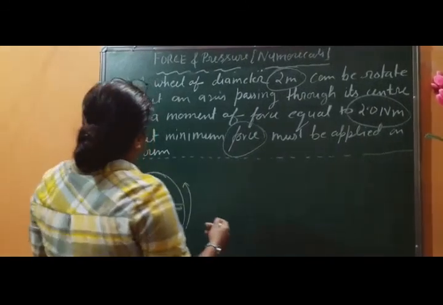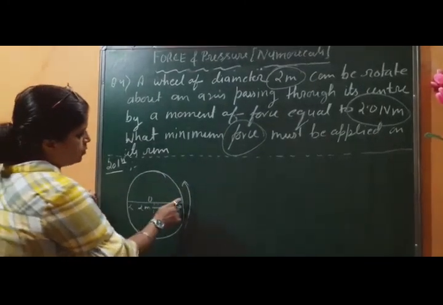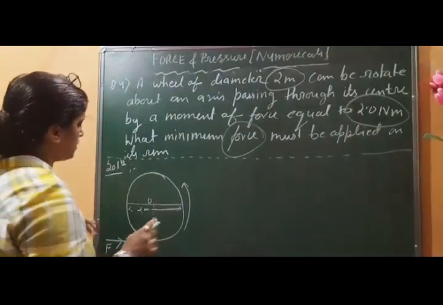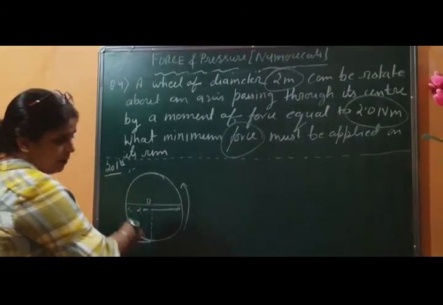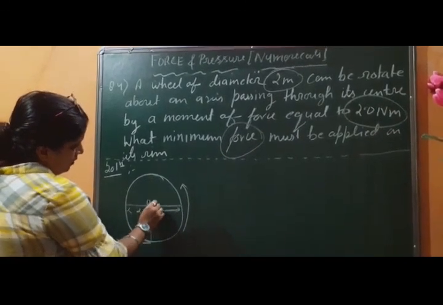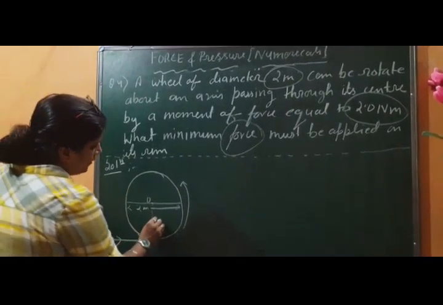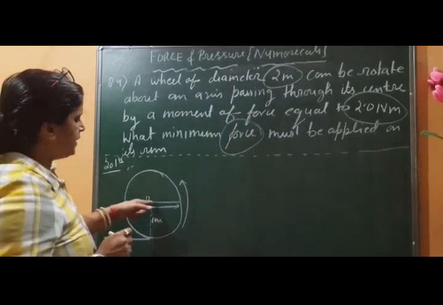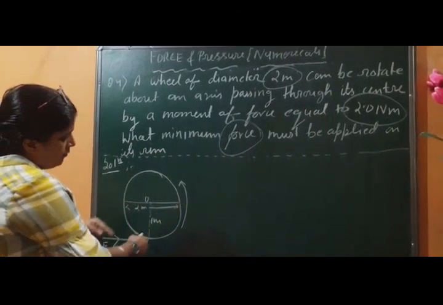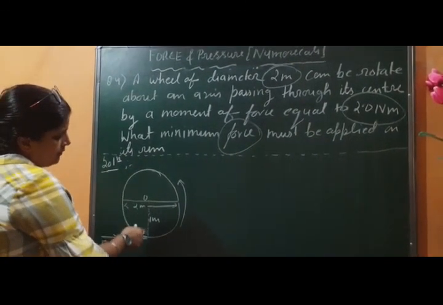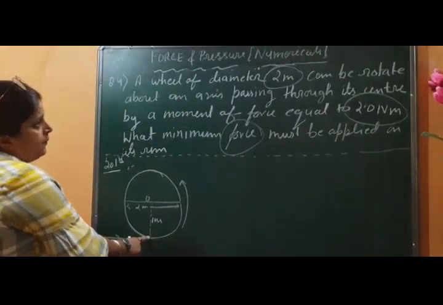Okay, so first of all, what I have done here, I have drawn a diagram of a wheel whose diameter is 2 meter. If diameter is 2 meter means what? Since it is a wheel, this is its pivoted point, that is the center of this wheel. Diameter of the wheel is 2 meter, but the perpendicular distance from where the force is applied will be the radius of the wheel, because this point is pivoted, that is the center. The distance between the pivoted point and the force applied, that is 1 meter, right?